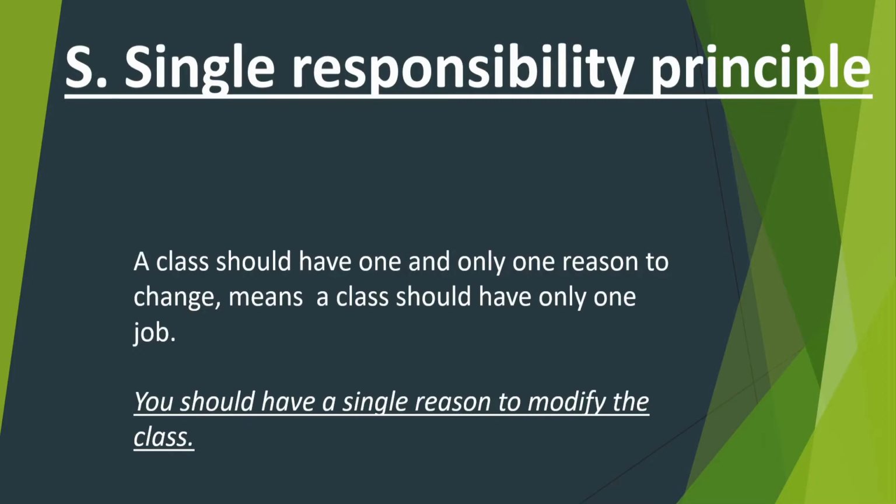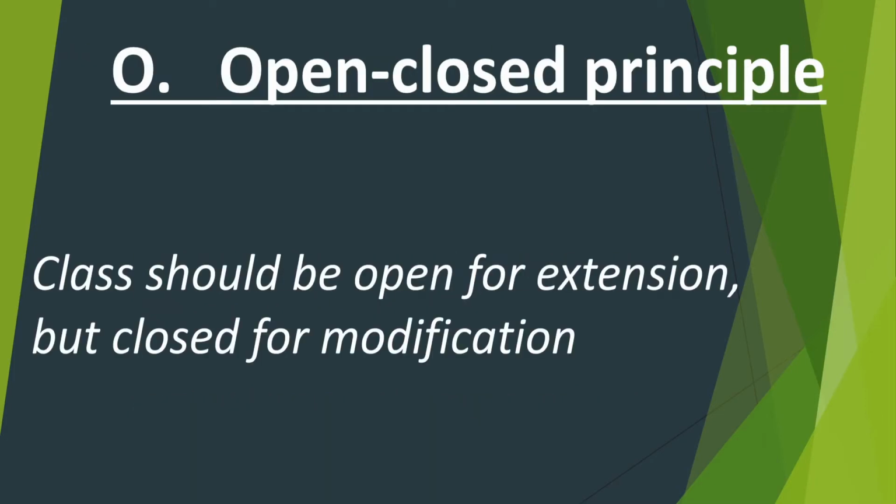Let's move ahead. Otherwise, O. Okay. So O stands for open closed principle. So this class says the class should be open for extension but closed for modification, right? So at any given time, you should not be allowed to modify the class. You should be allowed to extend that class. So if you want to add extra features, or you want to modify anything, don't go directly to modify the class. Extend that class, create a new derived class, and then, as per your requirement, modify it.